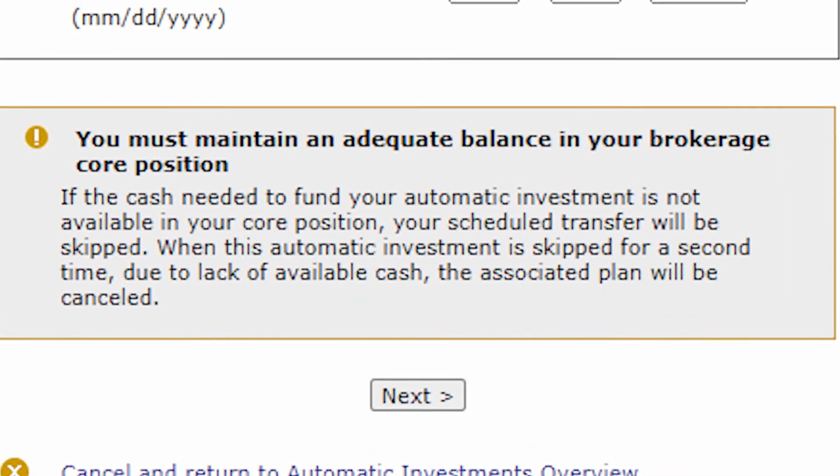Or alternatively, you can do what I do and manually transfer the money in and then invest it afterward each week. While this does take some extra time, it gives me the freedom to choose another fund if I want to that week, rather than picking the exact same S&P 500 index fund week after week. Another thing to note with Fidelity's automatic investing is that your automated plan will be canceled if you have insufficient funds for scheduled transfers twice.